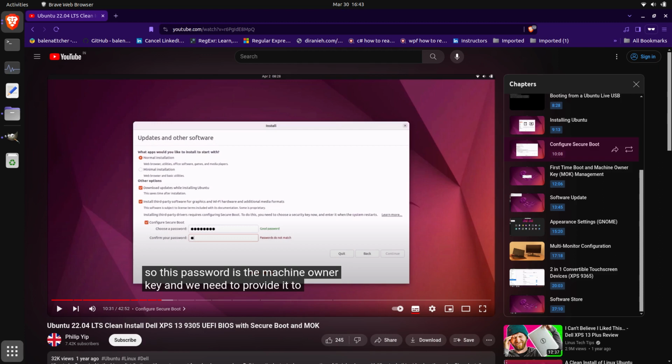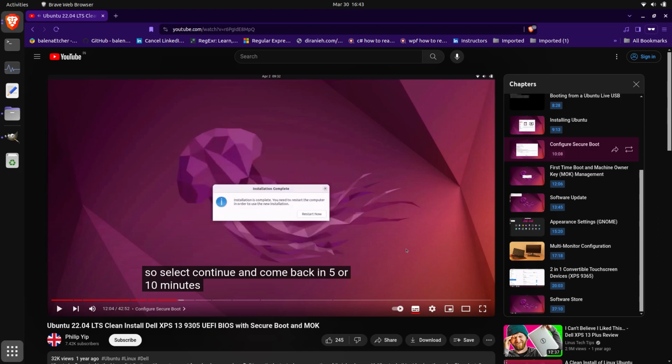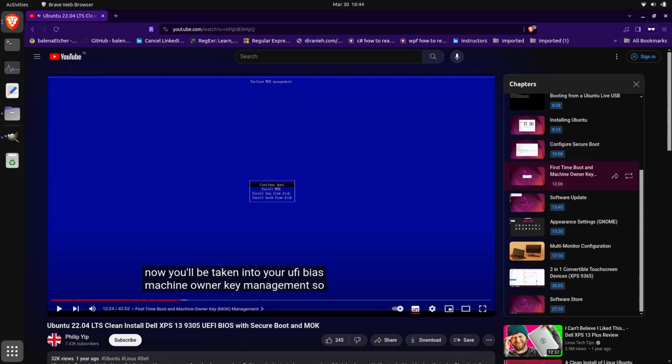You need to provide a password here, and I will tell you where this password will be useful. Once you enter the password here and install on your laptop, after installation this pop-up will come. It will ask to restart your computer. After you restart your computer, this blue screen will come. The screen says to perform